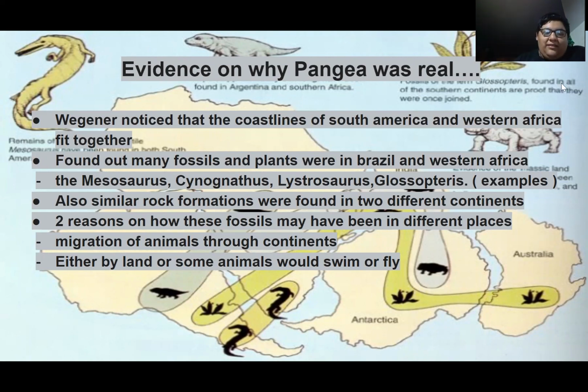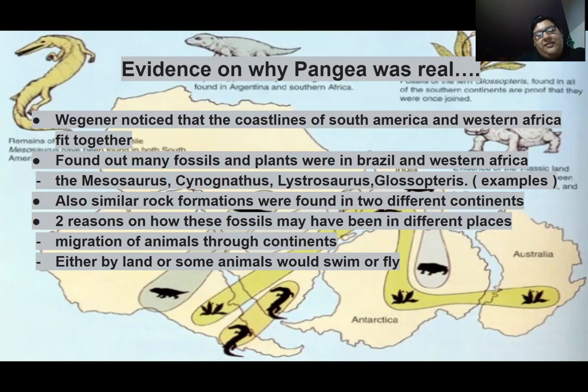And I also found out that, where is it? Africa. Okay, so the dinosaurs that they found evidence from, examples, were the, correct me if I'm pronouncing these wrong, Mystosaurus, Cygnonastus, Distosaurus, and Glossopteris. Those are the four that they found in a different variety of places. There could be more, honestly. I just found these four on the internet after doing my research.